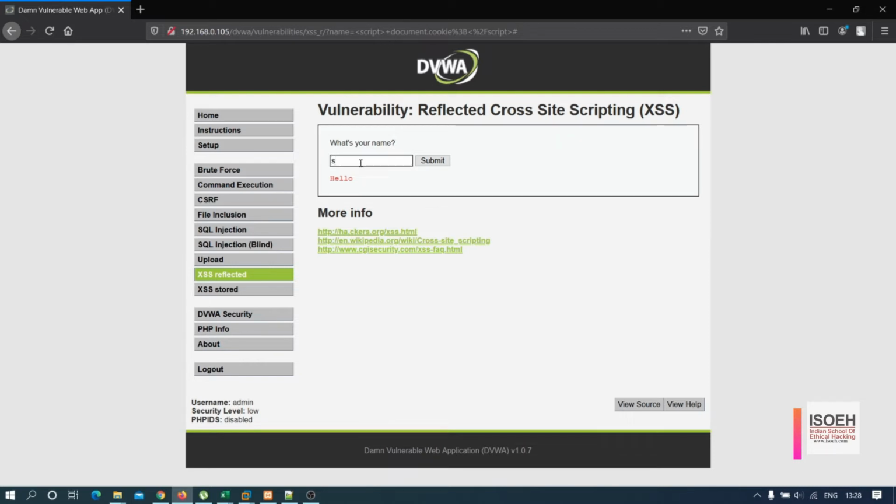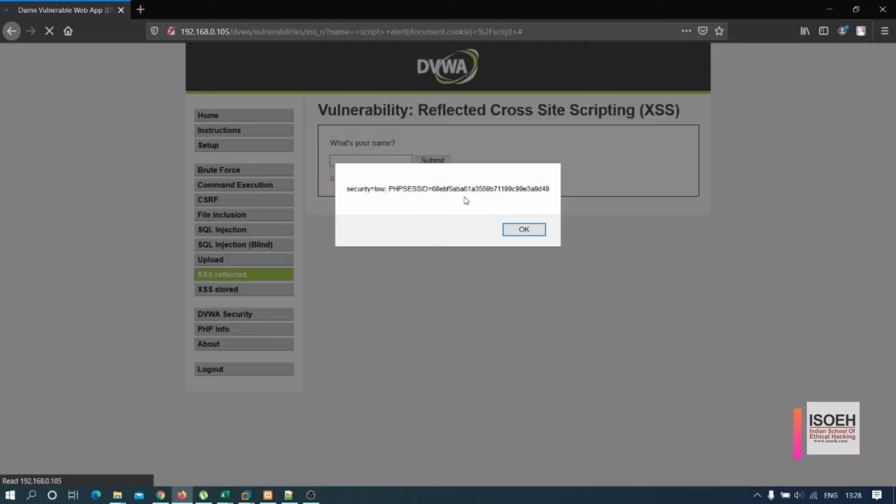So let me pass it into the alert function. Removing the semicolon, I'm passing it into the alert function. Submit. Now we can see this is a cookie.